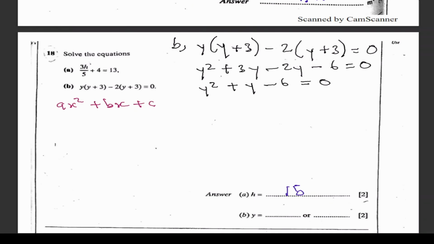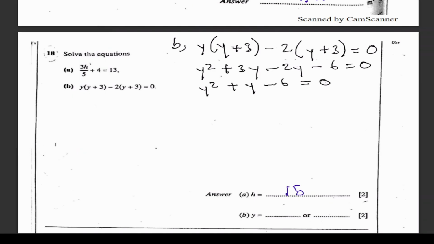This order is very important. y squared plus y minus 6. This actually is the first step. Take note and make sure your quadratic equation is written correctly. Having noticed that it is written correctly,